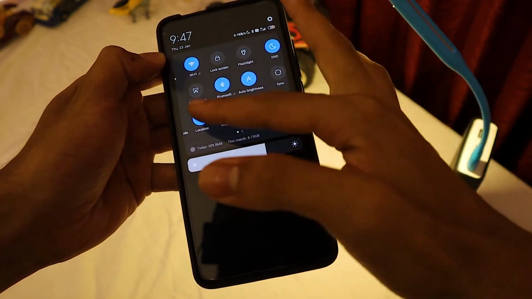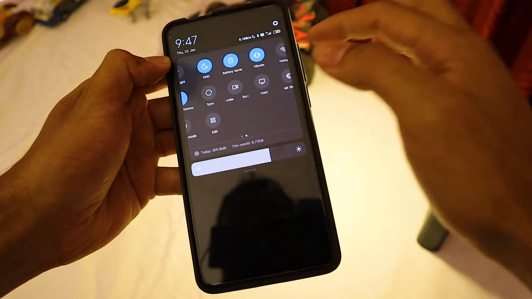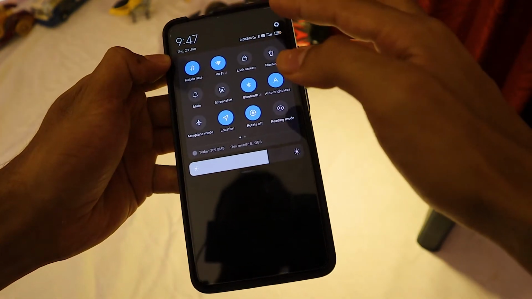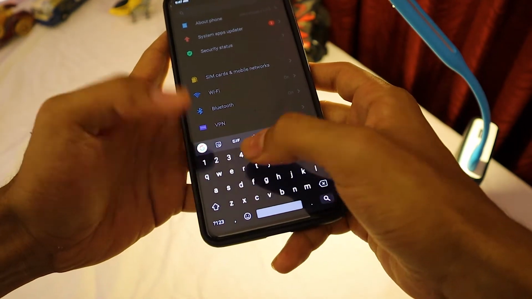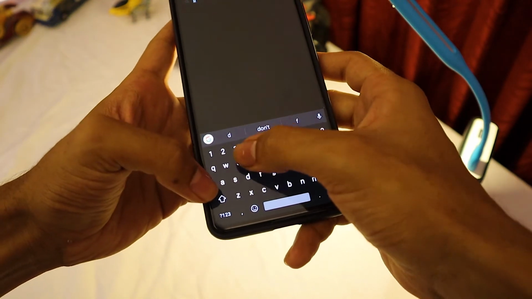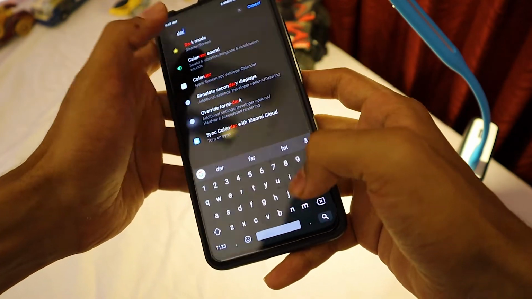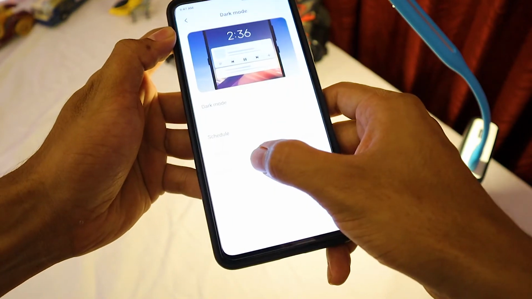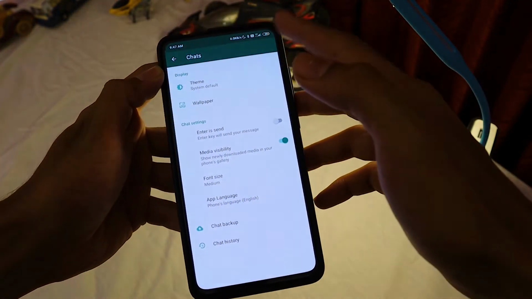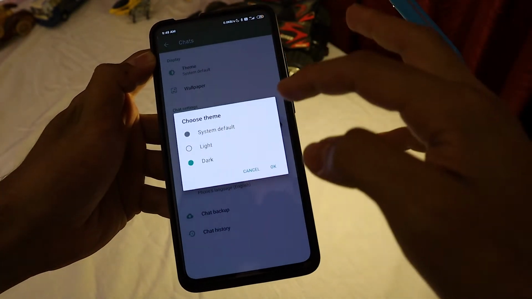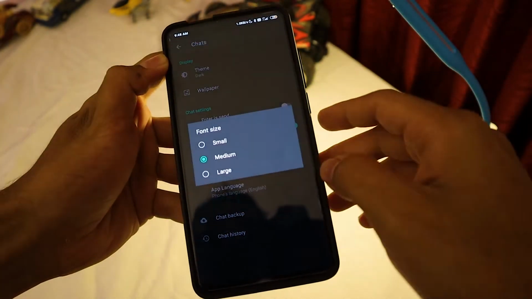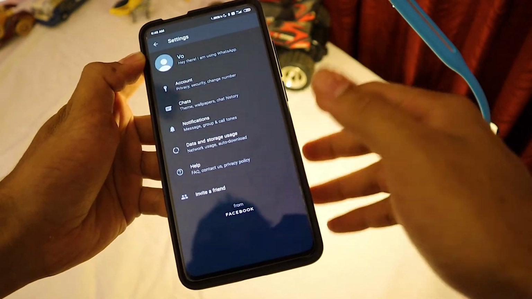My system is on dark, so when I remove the dark mode, WhatsApp automatically changes to whichever mode you selected, dark mode. And now I'll switch it off, and as you can see WhatsApp has also changed into the light mode. Now I'll go here and select dark mode, and as you can see it's on dark